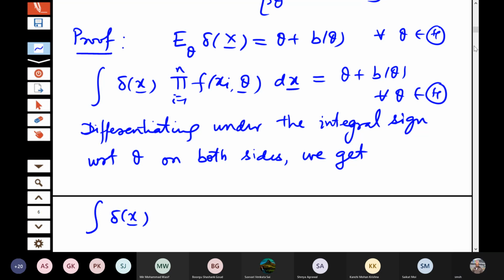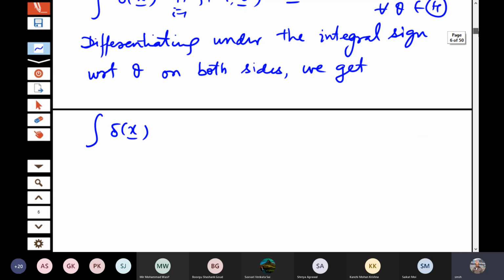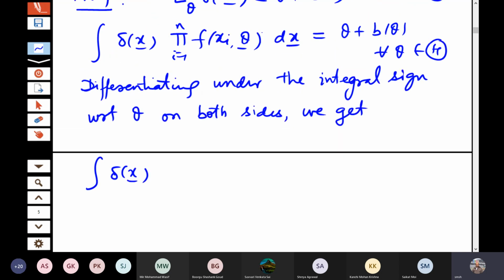Okay. See, delta x does not have any theta, so when you differentiate, you have to actually differentiate this product term here. So how do you differentiate the product term? There are two methodologies. One is you take log here. When you take log here, then each term will be separately differentiated. That will give me 1 by f(xi, theta) into del f by del theta. And then when you remove the log, it will be multiplied here again.